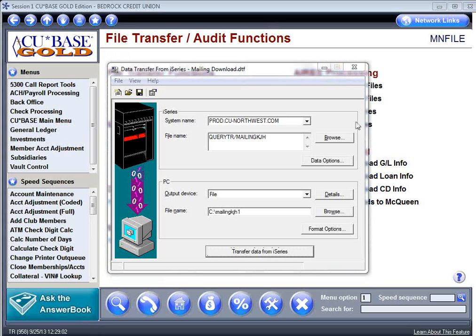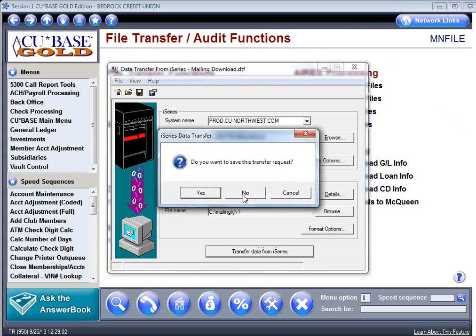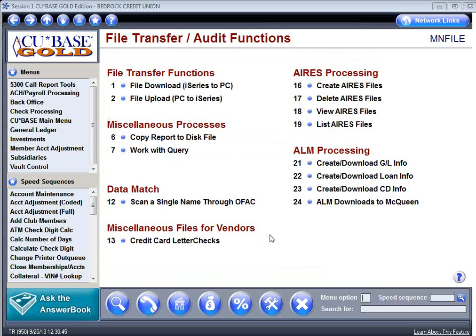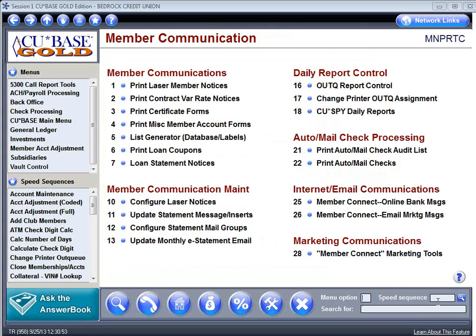This is something that I hope is very, very helpful to you in your credit union for downloading these types of files, for downloading your queries. We get requests all the time about assistance with doing mailing labels or creating mailing lists. On the member communication screen, or MNPR, T as in Tom, C as in Charlie, number 5,